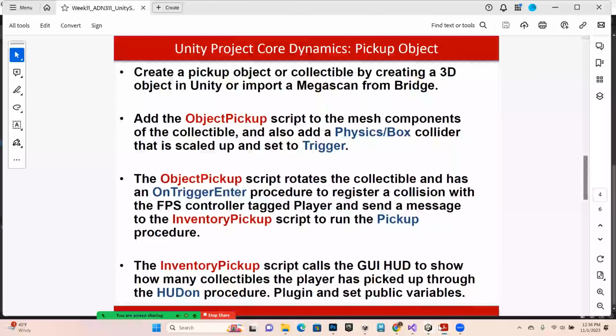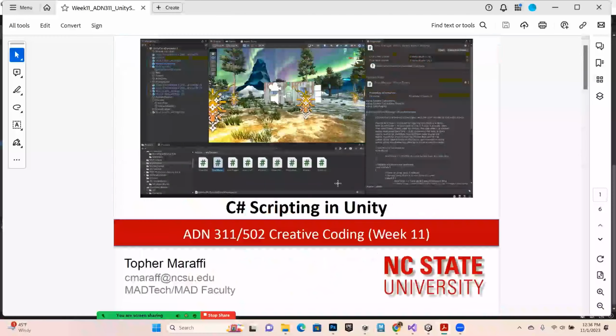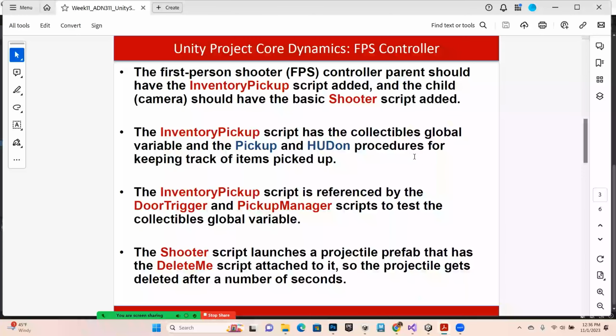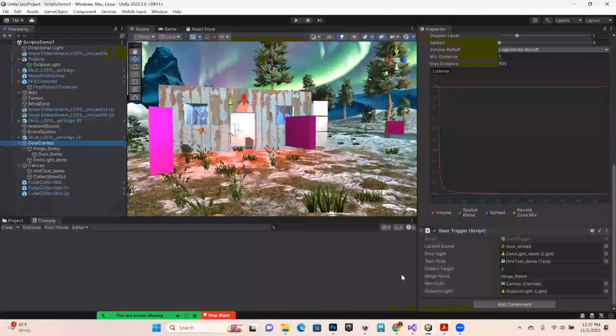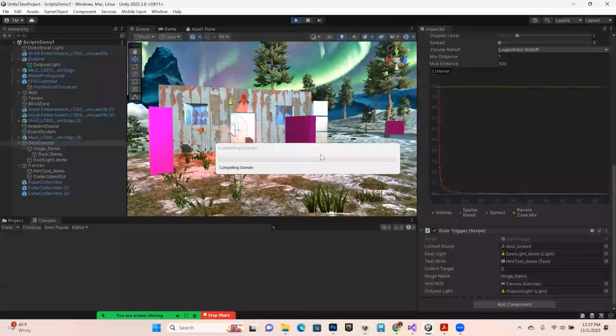And going back to this, what we have here is stuff on the FBS controller that really has to do with picking up collectibles and keeping track of that. And that's being referenced by a lot of different scripts. And then we also have a shooter and delete shooter script on the camera and a delete me script. And you can plug in anything you want. We'll talk more about that shooter script later, but if you look at mine,